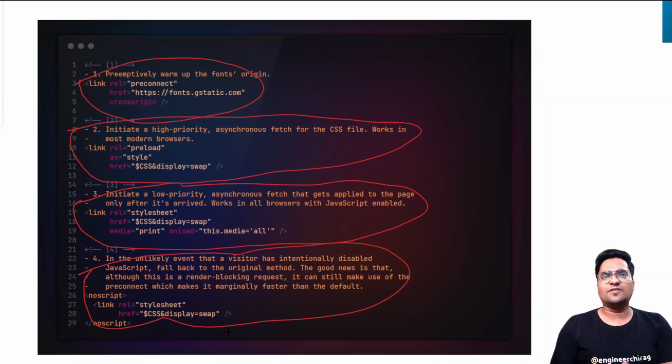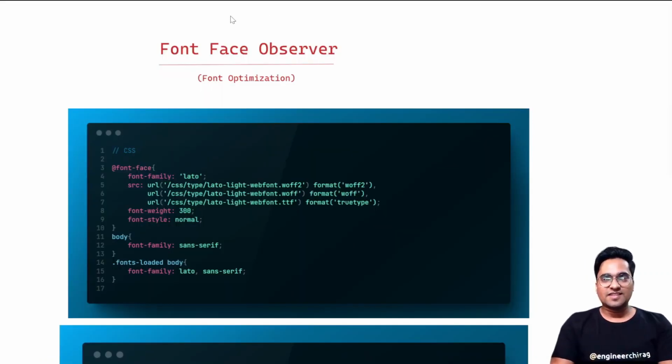Font face observer, this is again a very cool technique where programmatically you can take control and decide what font you want to load and when. As we have talked, until you use that font family inside your DOM somewhere in your style, it is not going to be loaded. What we are doing over here, we have multiple SRCs trying to load from different formats. We have given this Lato, right? What we can do is initialize our entire content with the